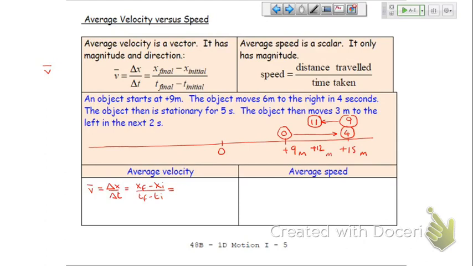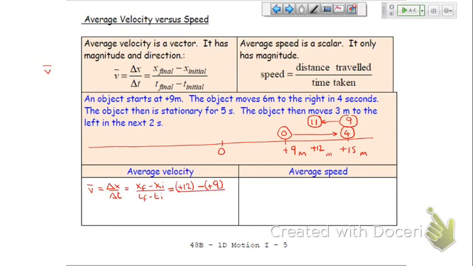What is my final position? My final position is (+12). I put that in parentheses because it's a thing, it's an address. It's not 12, +12 is the address. It's like a brand, +12. And then I subtract. That's a mathematical operator. And then I do my x initial, and my x initial was +9